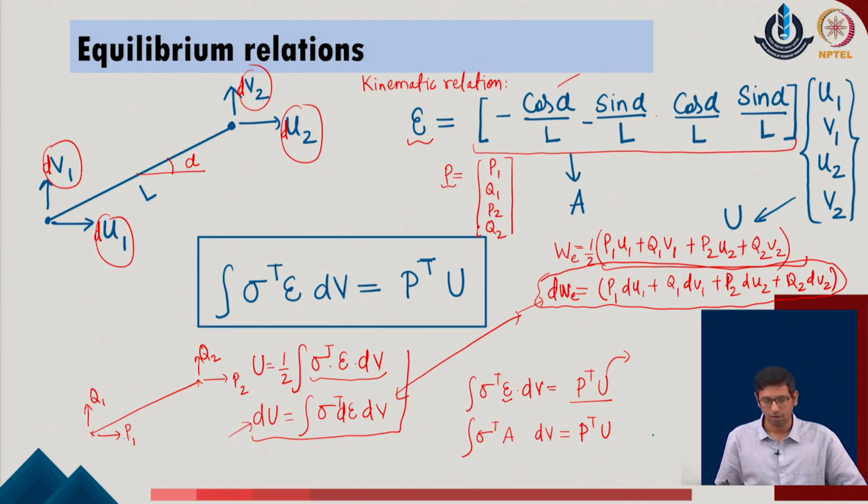So, that is where we can remove the U from both sides of the given system, and what we get at the final point is that P is equal to the integral of A transpose sigma dV in the given system. This now becomes the standard expression which connects the nodal force vectors, which are in the direction of the nodal displacements of the given system, to the internal stress component of the given system.